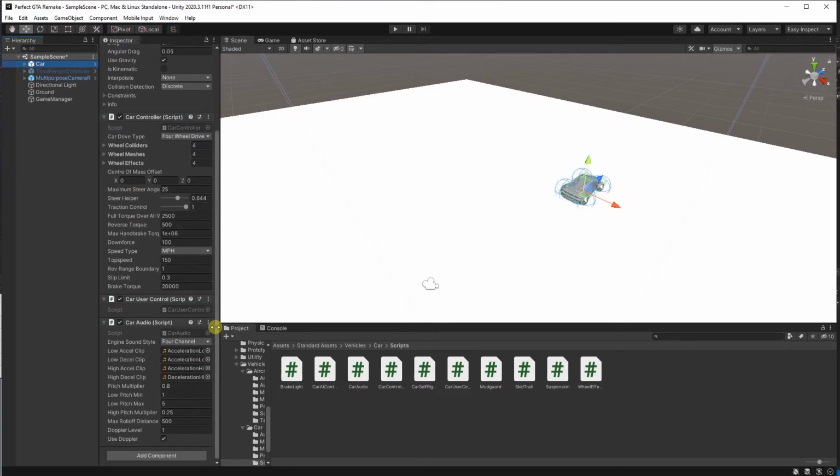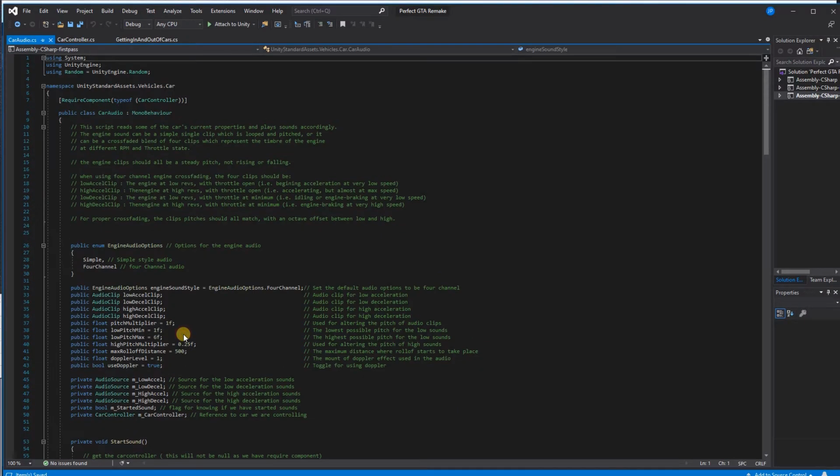I'm sorry that I have to do this, but I hate the sound of the car. I really hate the sound that they used here. And we can change how much that affects us. Now, I'm not turning off the sound. I'm just changing the way that we hear it. Okay, so